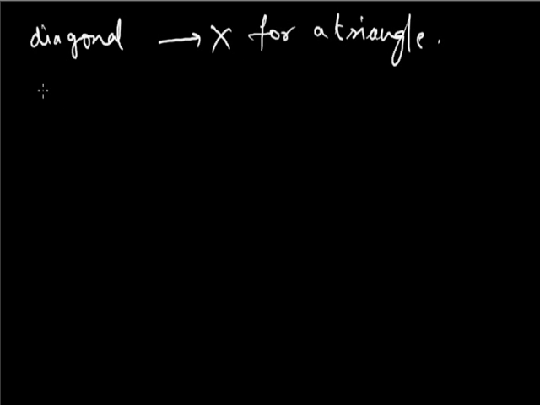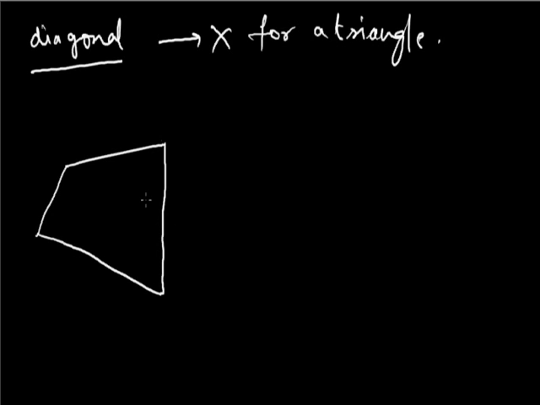Now check the diagonals of a quadrilateral. What is the definition of a quadrilateral? It is a polygon which has 4 line segments, or a closed figure bounded by 4 line segments as its sides. So a general figure which we obtain for a quadrilateral is like this. This is a closed figure obtained by 4 line segments: line segment AB, line segment BC, line segment CD, and line segment DA.